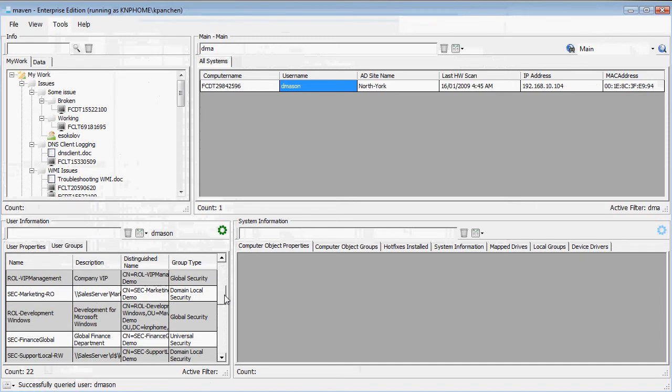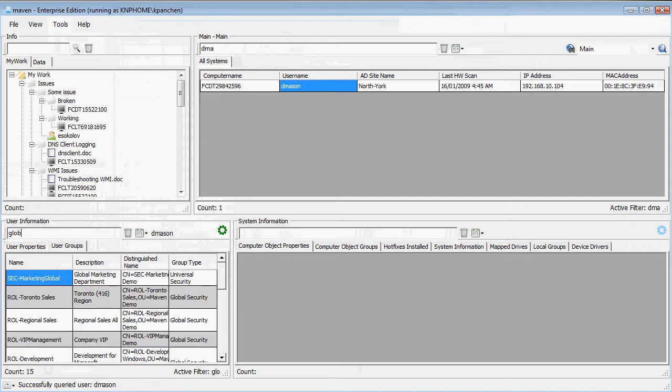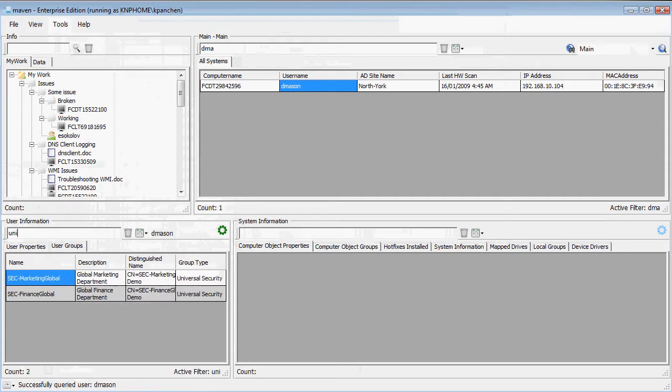And you can see we've specified the different group types. So if you're interested in just looking at the domain local groups, you can filter that information out, and now you're seeing only domain local security groups. Or if you only want to see global groups, you can type in global security. Now we're showing only 10. Or if you wanted to see universal groups, you can filter that, and now you can see the types of